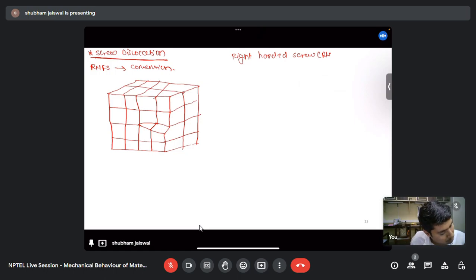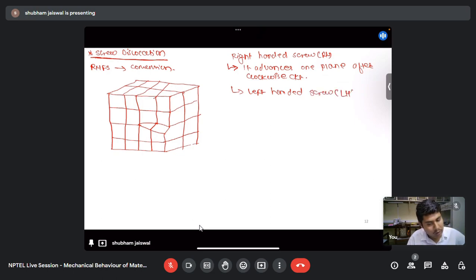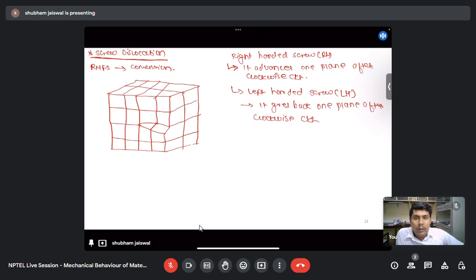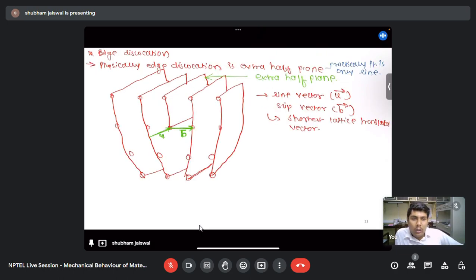What is the definition? It advances one plane after the clockwise circuit, and here the left-handed screw or LH screw is nothing but it goes back one plane after the clockwise circuit. Okay, so like this, if we are considering the RHFS,